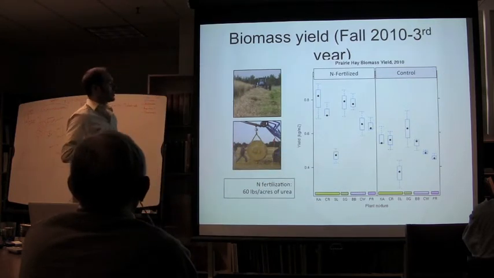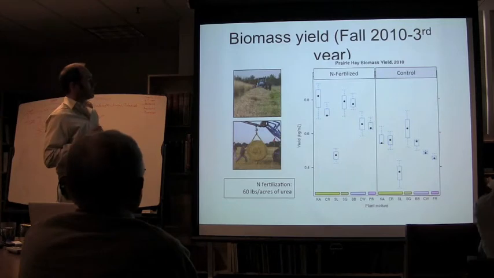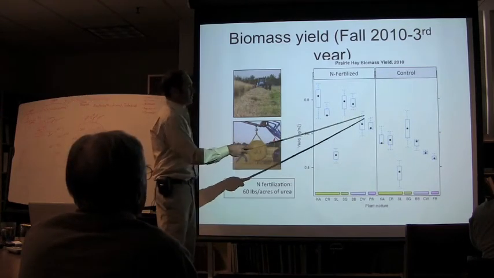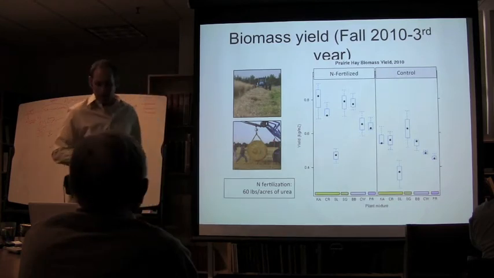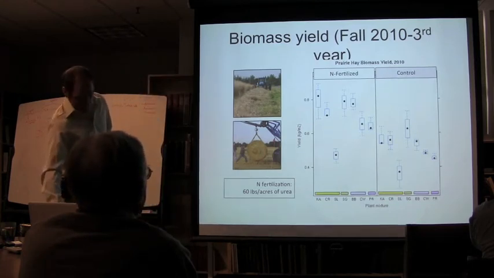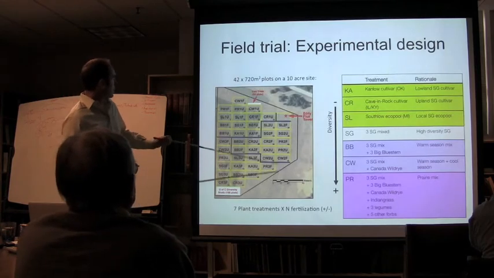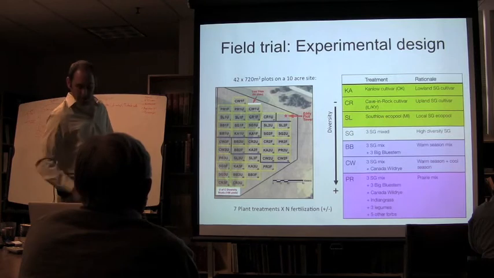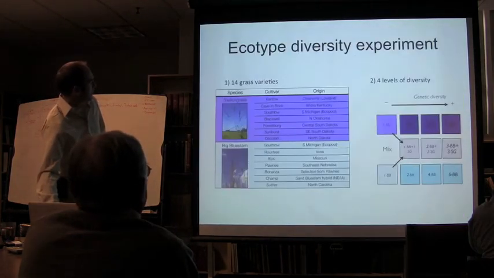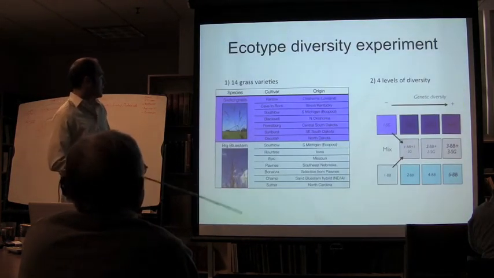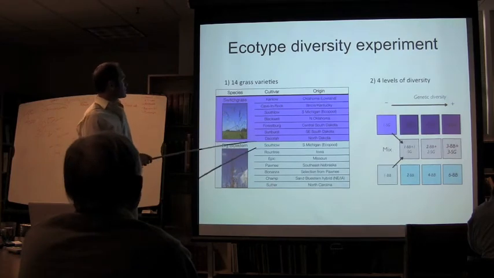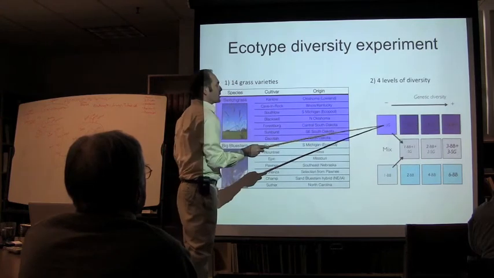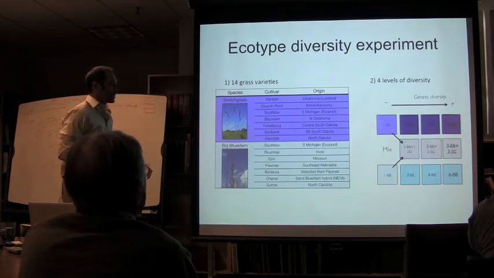So there's really no kind of detriment to yield by having extra diversity, and having extra species diversity didn't improve things a great deal. So the next thing I want to show you is from this corner right down in here, where we did smaller plots but a lot more genetic diversity, to really get at diversity within big bluestem and switchgrass, and evaluate whether having more diversity compared to monotypes improves things.